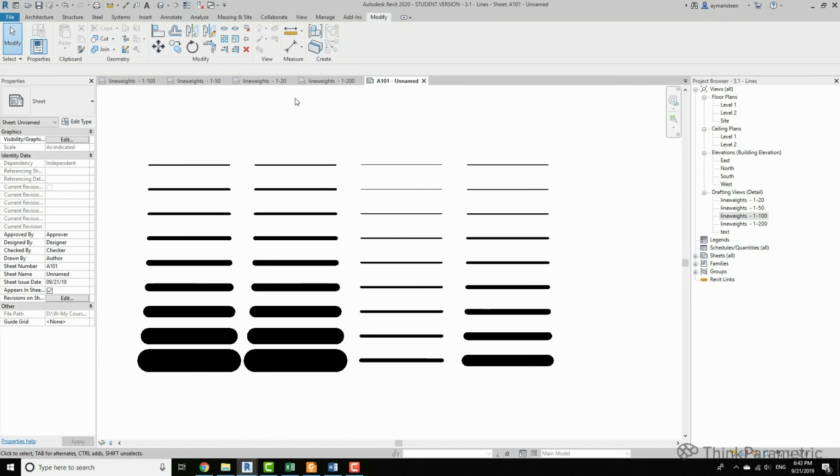In the next video, we'll continue with object styles, cut line styles, and adjusting all the line weights.